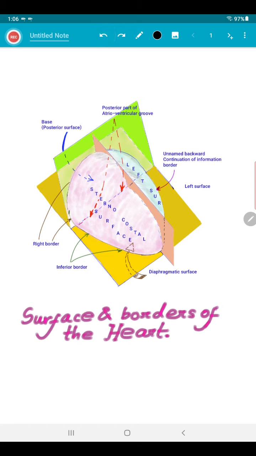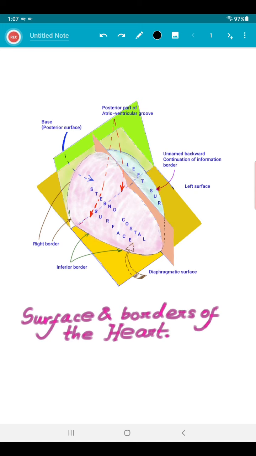But there is a but. The apex beat, clinically, is different. It is a forward thrust. It is not the position or location. It is a forward thrust felt in the left fifth intercostal space during ventricular systole, due to a twisting of the heart by the vortex-like disposition of the ventricular muscles close to the apex. In normal adults it can be felt in the left fifth intercostal space, but in a child it is in the fourth intercostal space. That much you will have to remember.